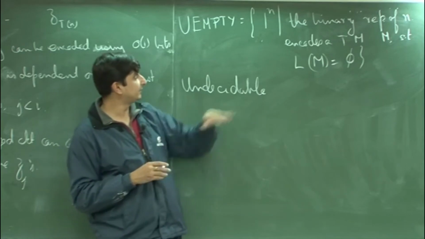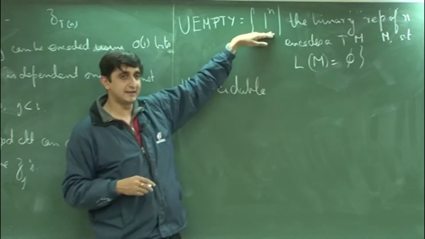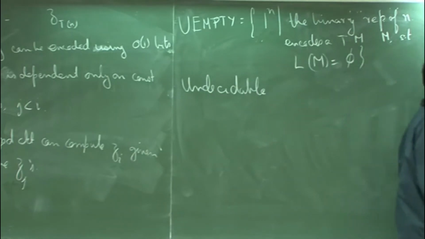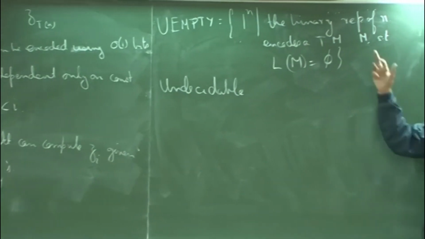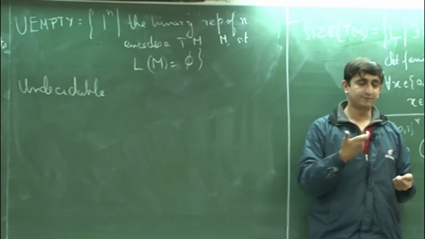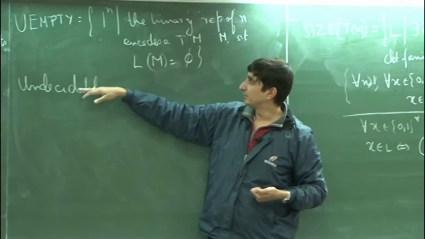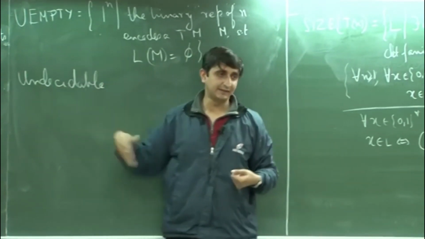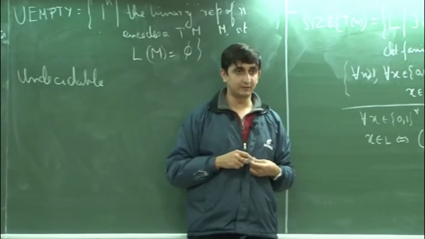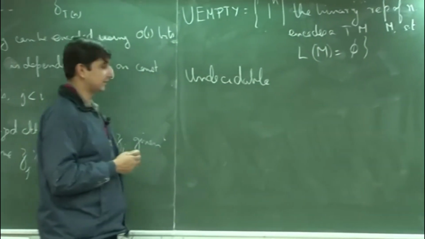What I am claiming here is that even the unary representation is undecidable, because suppose this were to be decidable, what I can do is, given a binary representation n of a machine M, I can very easily convert it to its unary representation, right. I can easily look at a binary number and convert it to a unary number, and then I run the machine for U_MT, and that will allow me to decide the other language, and that we know is not possible. So, therefore, this language is also undecidable.